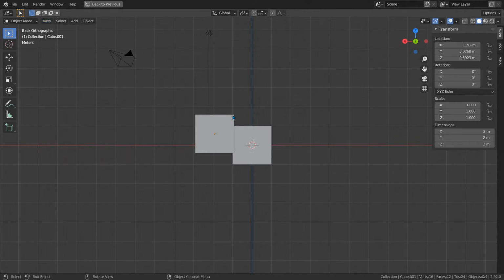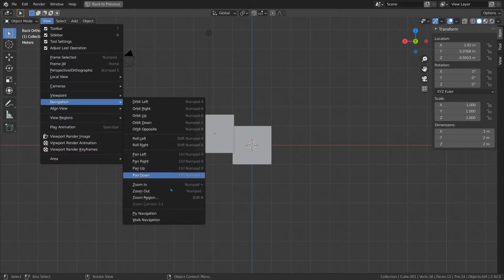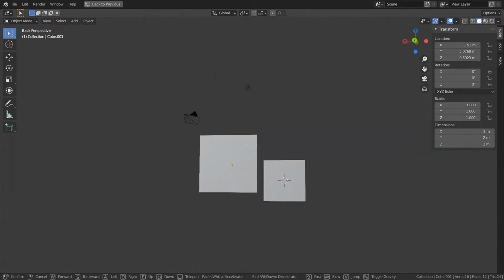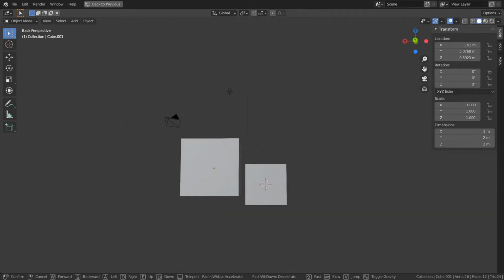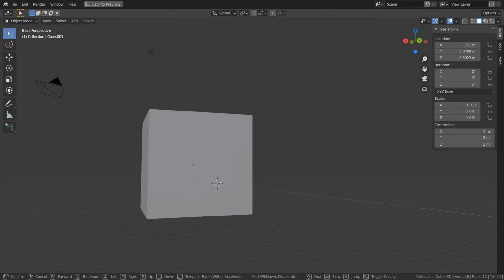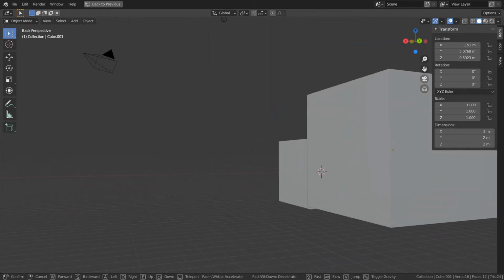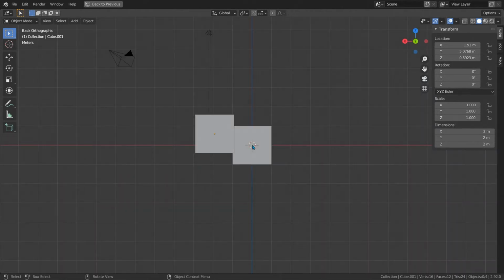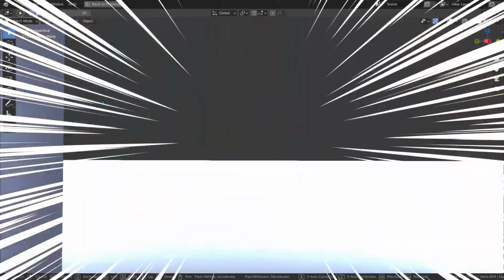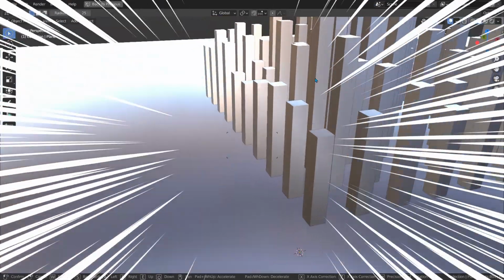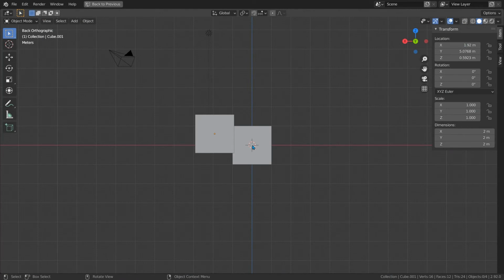One of my favorites is the walk navigation. It's under View, Navigation, Walk Navigation at the very bottom. It lets you walk around the scene using your mouse to look around and WASD to move, just like you're playing a first-person shooter. You really can't get any more intuitive than that. As always, press right-click to cancel. There's also a fly navigation you'll definitely want to try out. We'll get into proper scene navigation in another video.